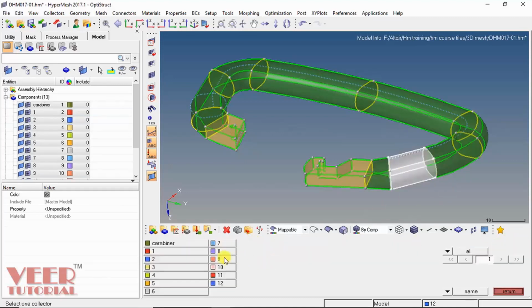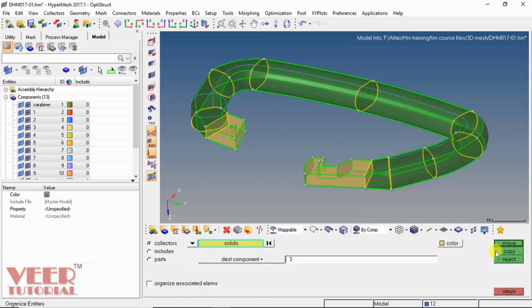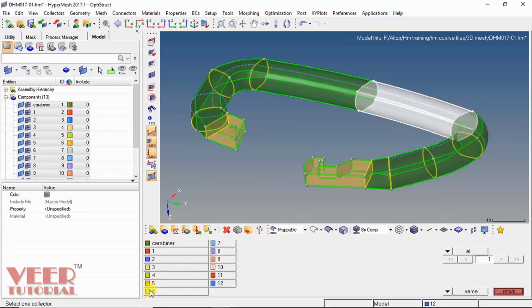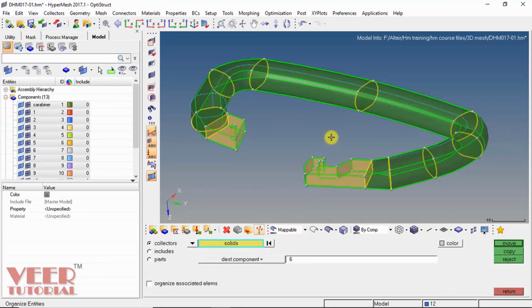Select the third solid, that is for 3 element, then solid number 4, then the next solid. Okay, not this solid, make it 5, move. Like this solid, make it 6, move.